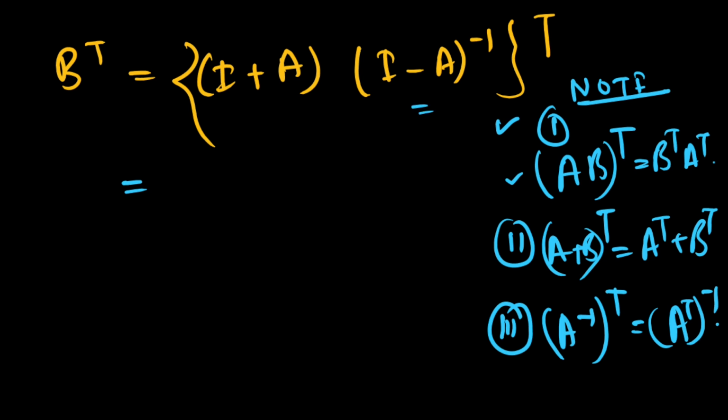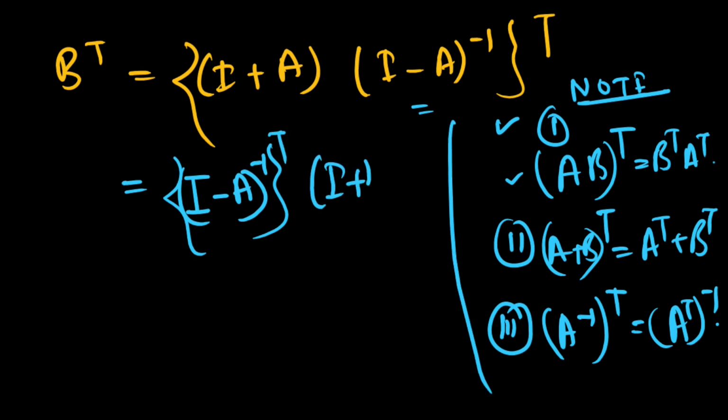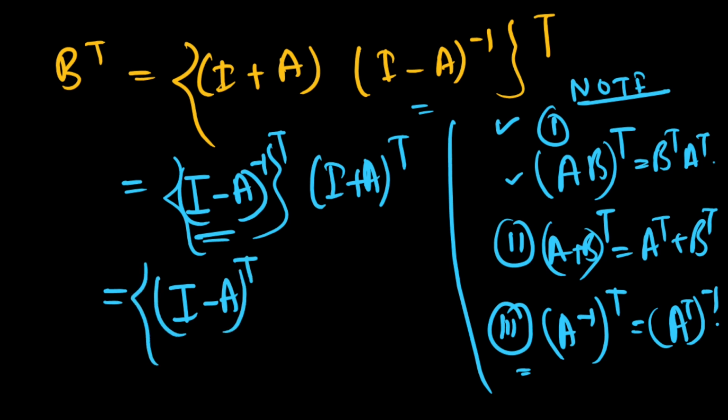So this is transpose of (I minus A) inverse whole transpose into (I plus A) transpose. Now we use another formula, that is the third one: (A inverse) transpose is equal to (A transpose) inverse. So that formula is used here. So that is (I minus A transpose) inverse, and the rest remains the same. Therefore we got